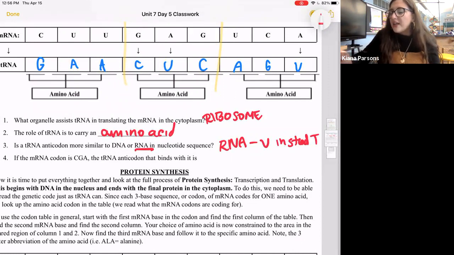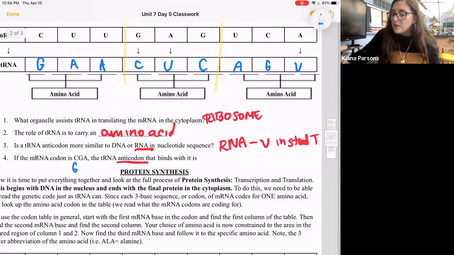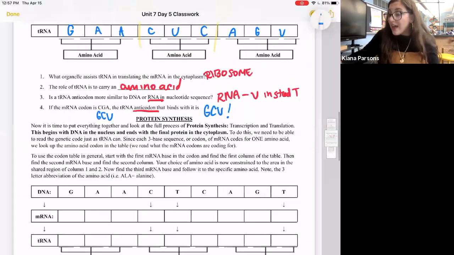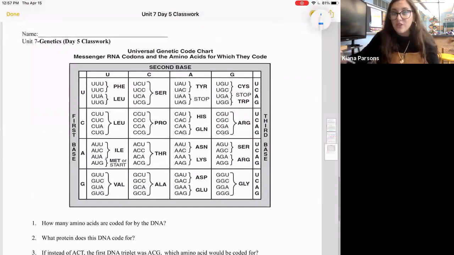If the mRNA codon is CGA, then the tRNA anticodon that binds with it, so again, we're just going to follow our base pairing rules again. C pairs with G, G pairs with C, A pairs with U. GCU. All right, so then this next step, protein synthesis, and how to actually use this universal codon chart,